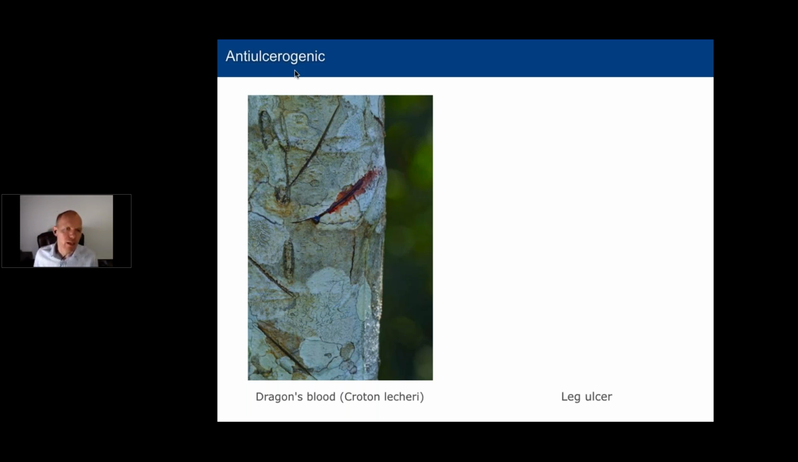What's interesting about this plant is when you make an incision in the side of the tree, this red latex, which looks like blood, comes oozing out of it. This is the substance that you collect and apply topically to wounds. Now, on the right-hand side,